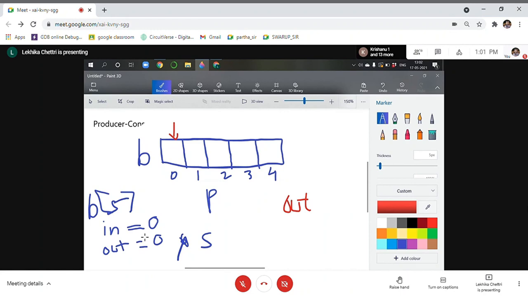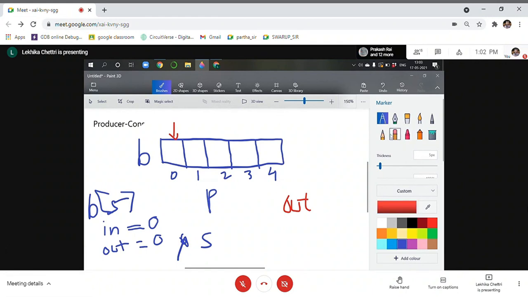That means before the consumer starts consuming, you have to check a condition, whether the location is free or not.